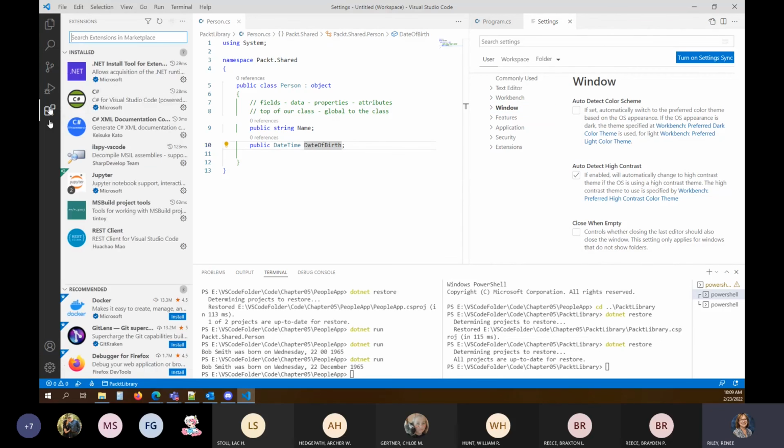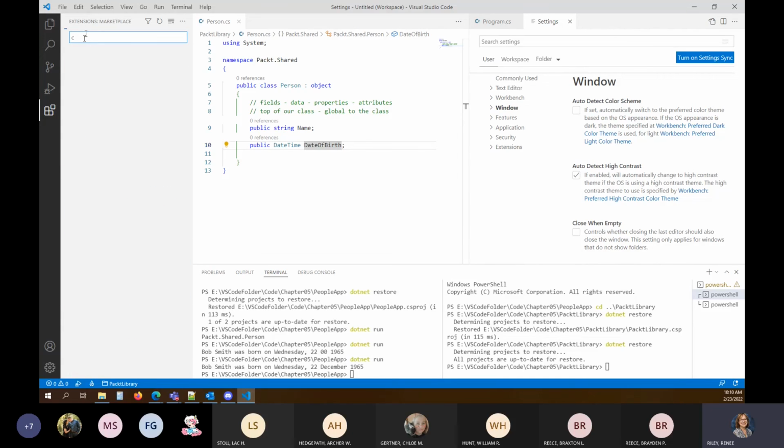I'm going to go to Extensions and search for C# color code.